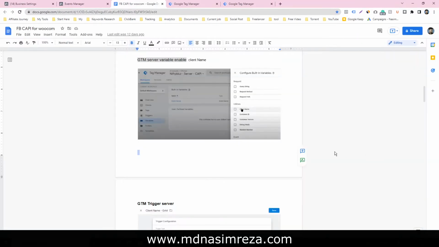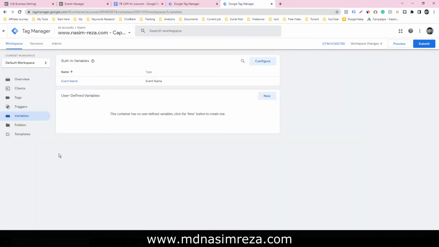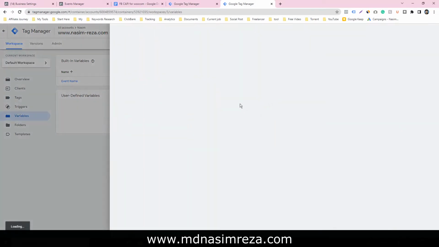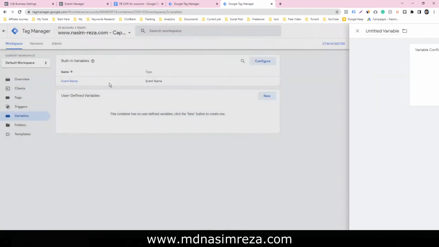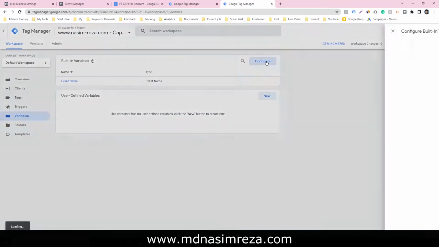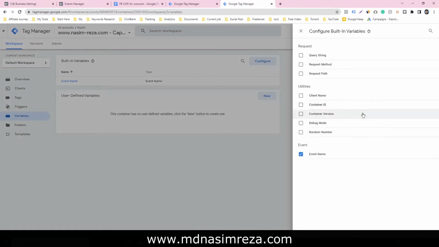Let's see how to integrate the Facebook Conversion API and the Google Tag Manager server container. So this is our server container, and in this case we have to enable a variable. It's a built-in variable.